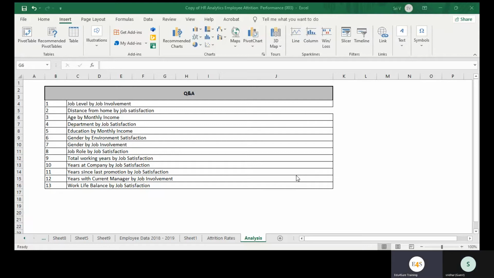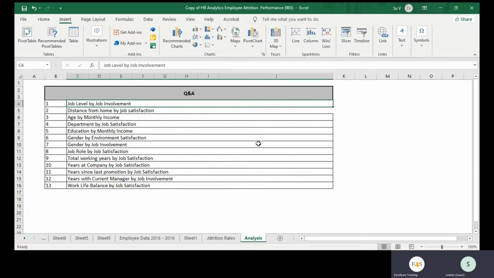Okay. So we have to work on these relationships as well. Is there any connection between job level and job involvement? As in, we have seen that there is a relationship between job involvement and age, right? But job level is something different. Basically, that is the kind of designation you are having in that organization. So is there any connection between job level and job involvement? So keep making all these graphs one by one.